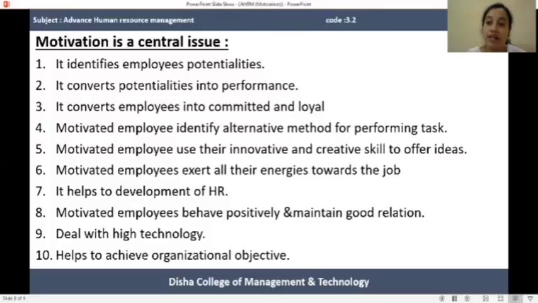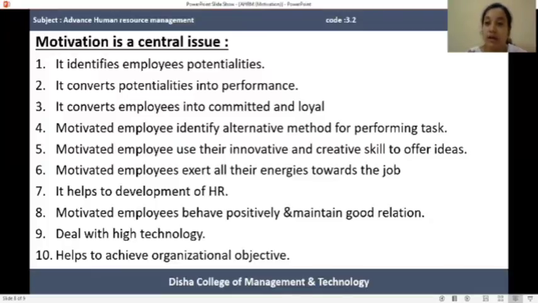If the organization implements the latest technology, it means some changes arise in the organization, and the employees always hesitate to accept such changes. They think that if they are not able to adjust to these changes, there are many chances of losing their jobs. So if there is motivation, then the employees are interested in accepting these new changes and working with them, so that they are able to perform their jobs in the most effective and efficient manner.